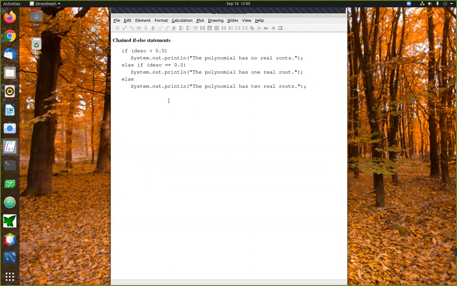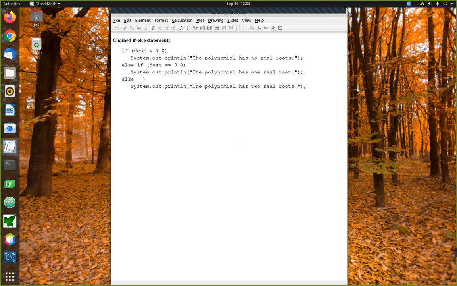Okay, now, the reason that I show you this structure here is that this structure goes with a scenario that shows up very commonly in programming. This is a scenario where we're doing what amounts to a classification. What's going on here is we have a variable. We have this discriminant value, and that discriminant is something that can be classified into one of three cases. The three cases are negative, 0, and positive. And the way that we distinguish between those three cases is through some if-else statements, right? So the first if-else statement basically looks for the first case. Is the discriminant negative? Then the second if-else statement looks for the second case. Is the discriminant 0? And the third case is basically what we call the default case.